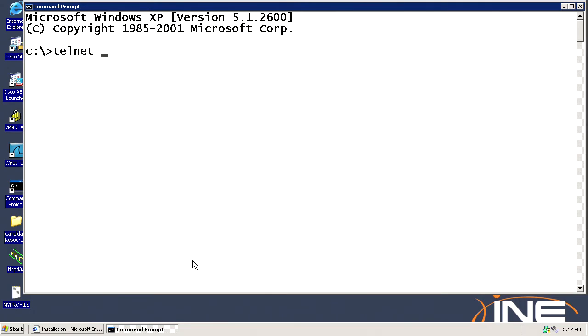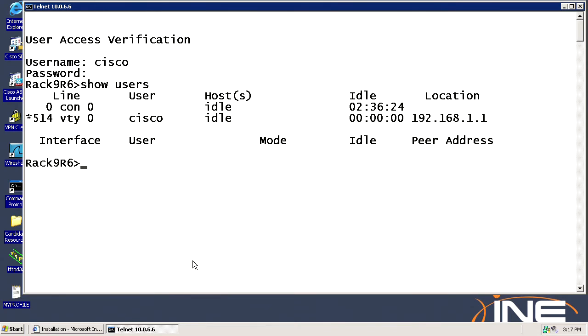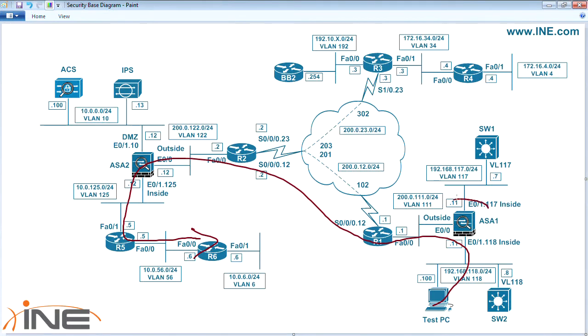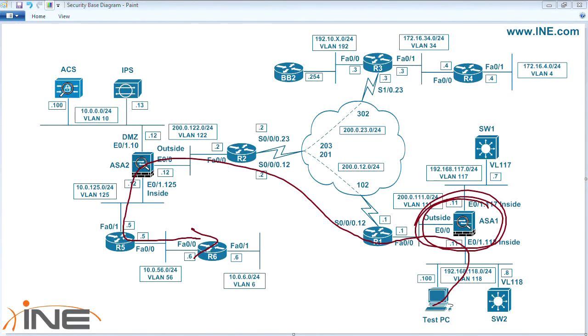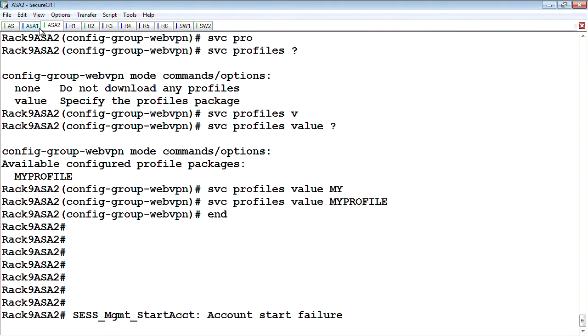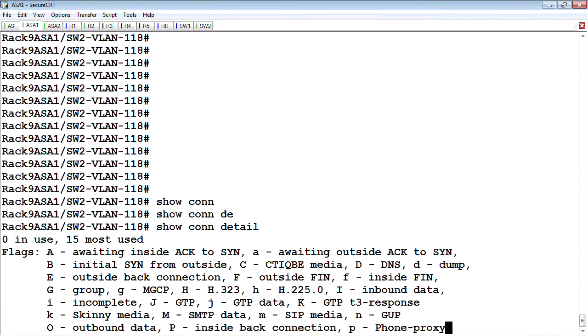If we telnet to 10.0.6.6, from the show users output, I'm coming from my tunnel interface, 192.168.1.1. If we now look at the ASA in the transit path, ASA 1 here, and look at its connections, on ASA 1, if we say show connection detail,